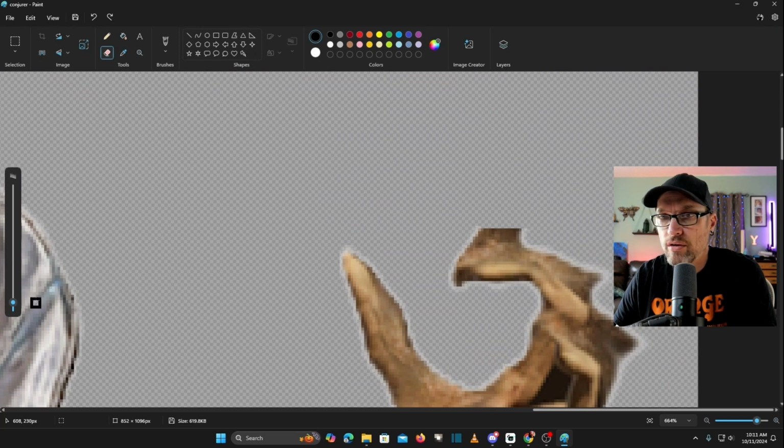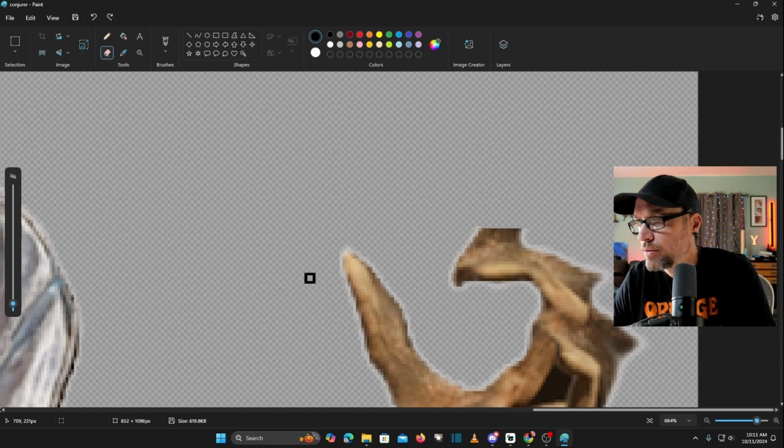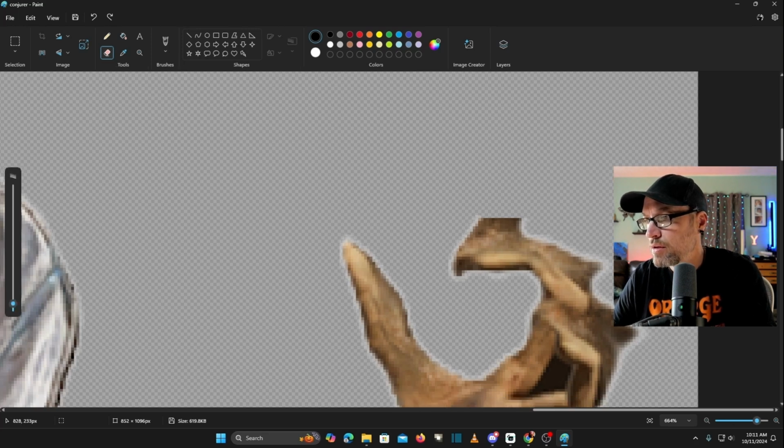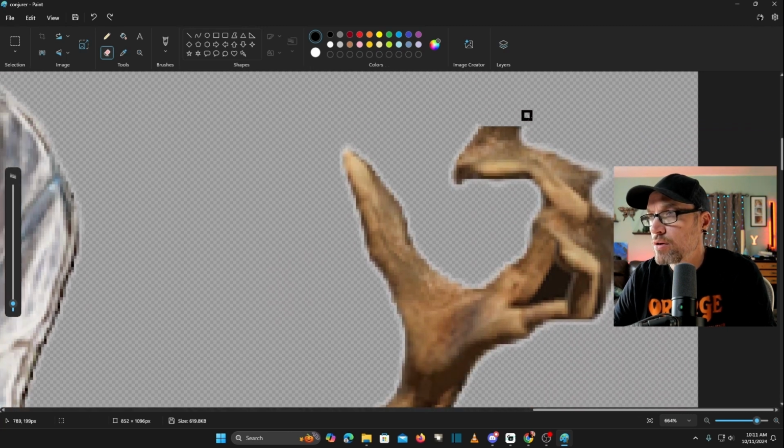We'll start on this area and zoom down. Whoops. I like to go usually probably about 4, I think. Okay, so we're just gonna, and you can move with the scroll wheel. So we're just gonna come in and you hold down the mouse button, and we're just gonna try to very carefully get rid of this